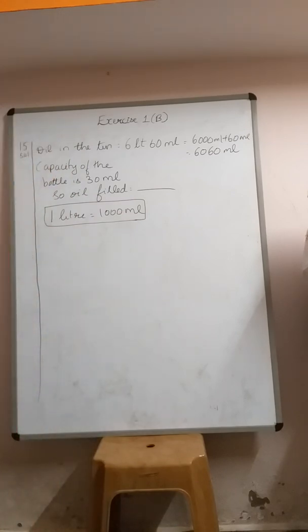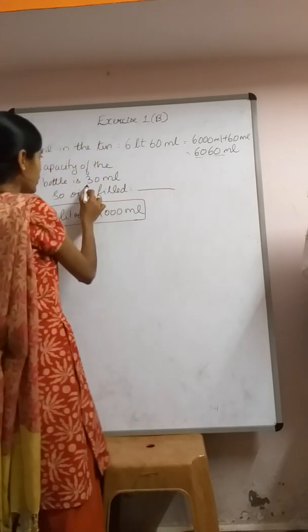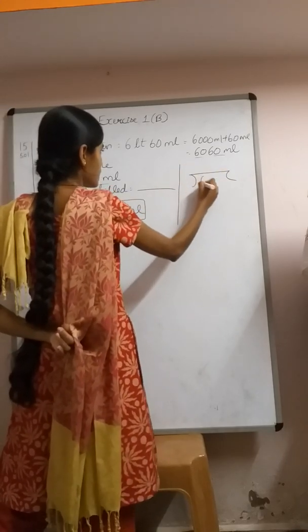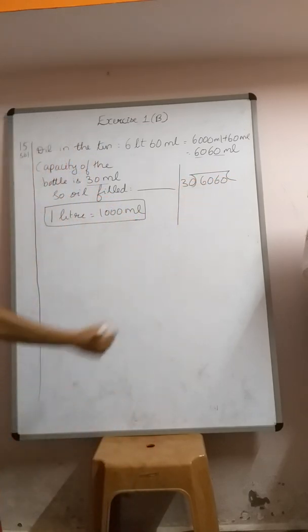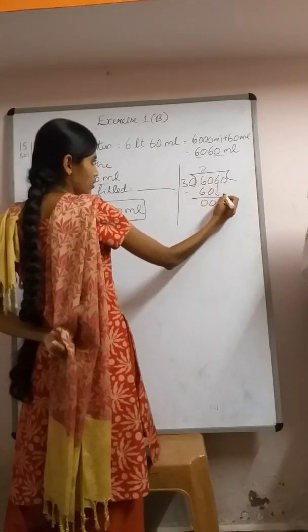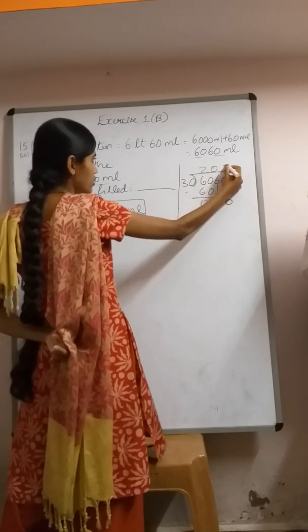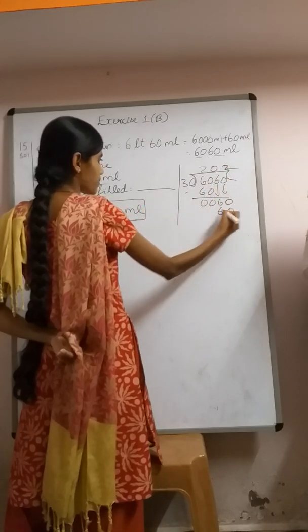Now what we need to do to see the capacity of 30 bottles of oil which contains in it, we should divide. What we should divide? 660 milliliter with 30 milliliter. So let us solve here. Divide 660 divided by 30. So 3 2s are 6. Yes. Okay. Now put here 0 and bring down. So 3 2s are 6.